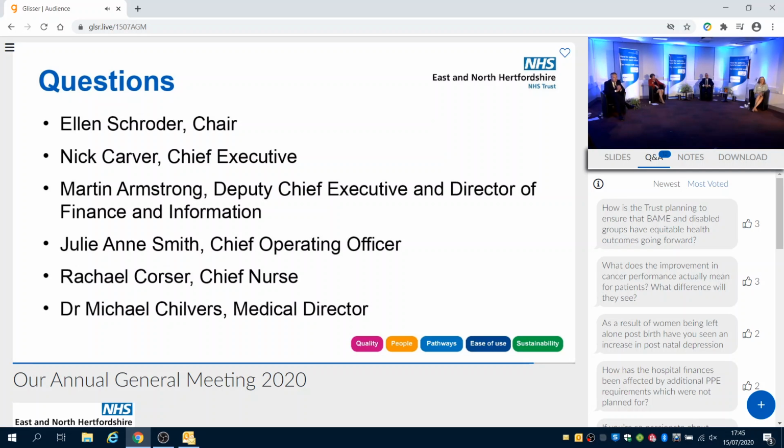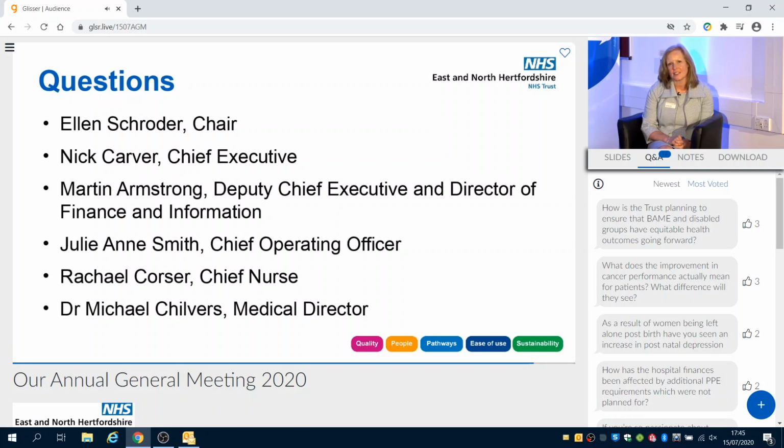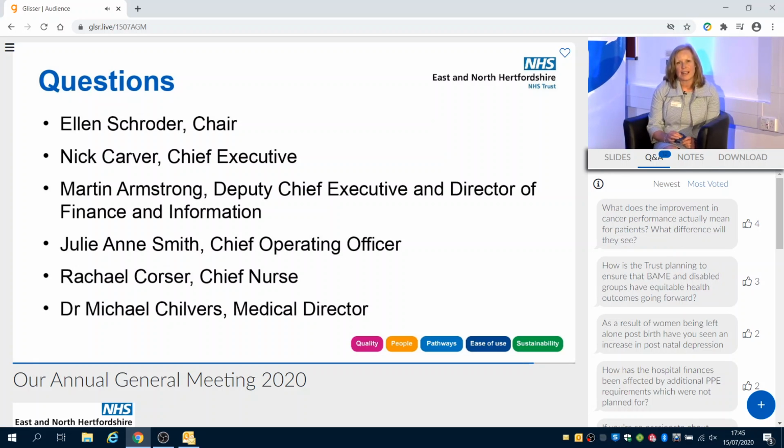So cancer performance. I think it's really important that I state at the start of answering this that the cancer performance at the Trust has always been a high quality, high standard performance, and our patient outcomes are incredibly high. I think one of the areas that we were struggling with a little bit was to respond to our cancer patients, the timing of our appointments and how we were managing our patients through the cancer patient pathways. So when I talk about improvement, it's absolutely about looking at the pathways and the way that we are supporting patients from the point at which they go to their GP and the GP refers them into the